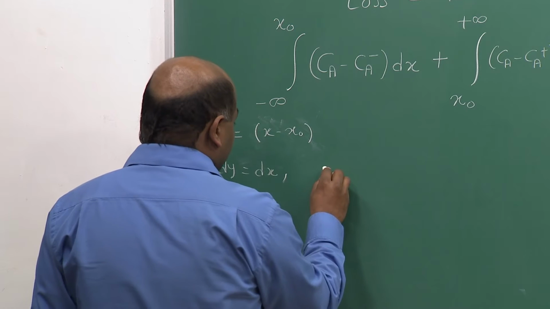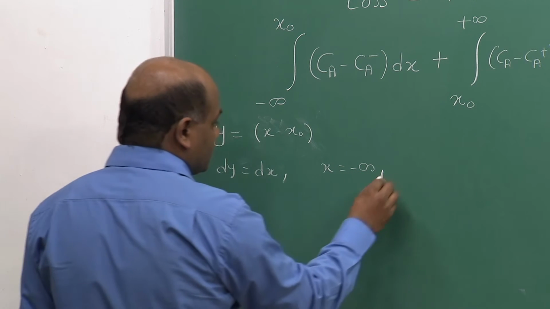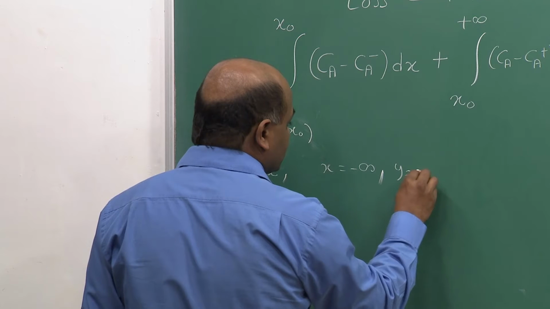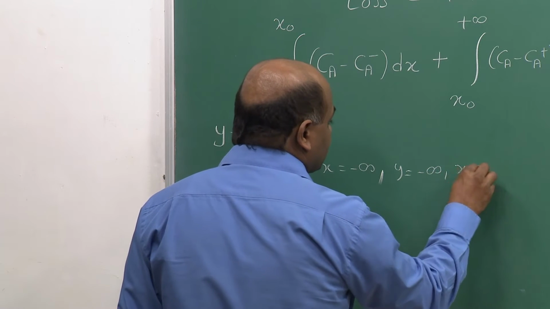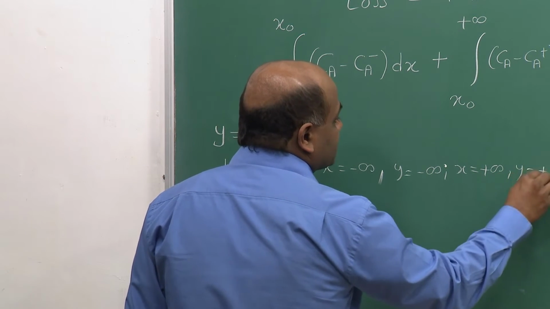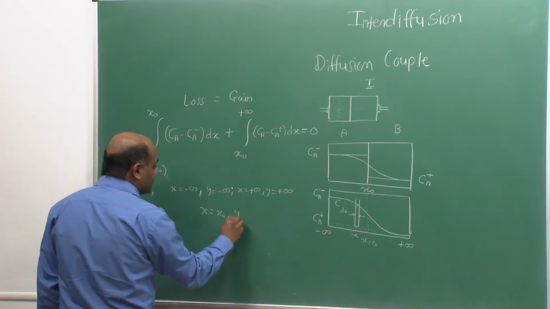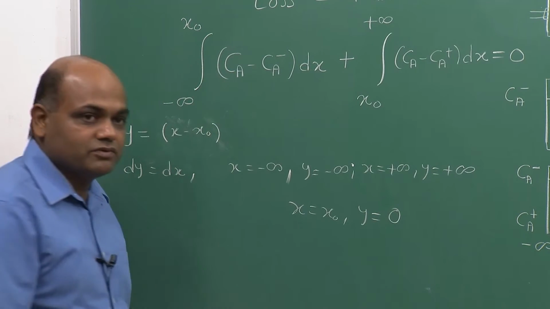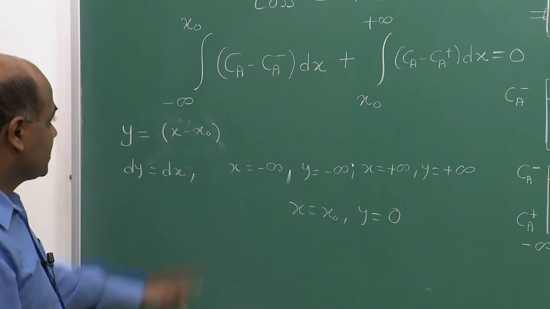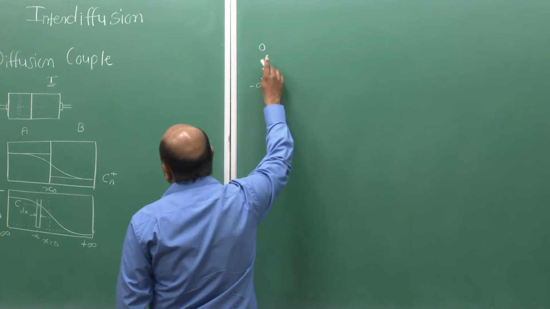When x is equal to minus infinity, y should be equal to minus infinity too. Similarly, at x equal to plus infinity, y should be equal to plus infinity, and when x is equal to x naught, we have y equal to 0. So, with this substitution we can write the integral from minus infinity to 0